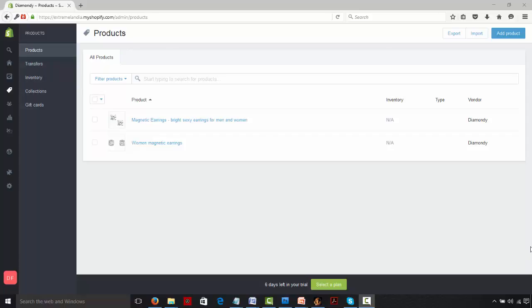Hey guys, in this video I'm going to show you how to set the alt attribute on your product images. This is not going to take you a ton of time, just a couple of minutes, but let me explain to you first what alt attributes are. Basically, alt attributes on images are the next thing that you want to optimize,